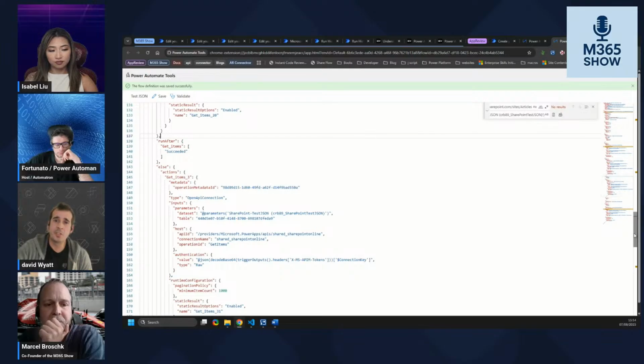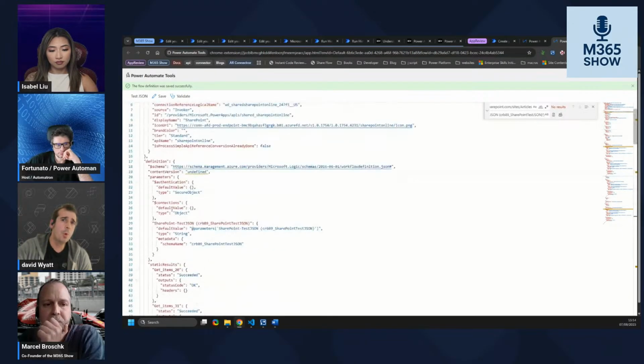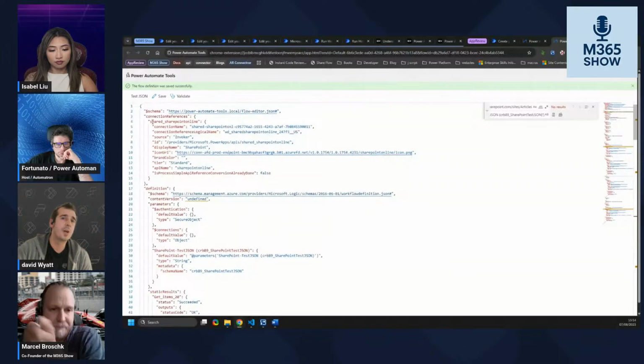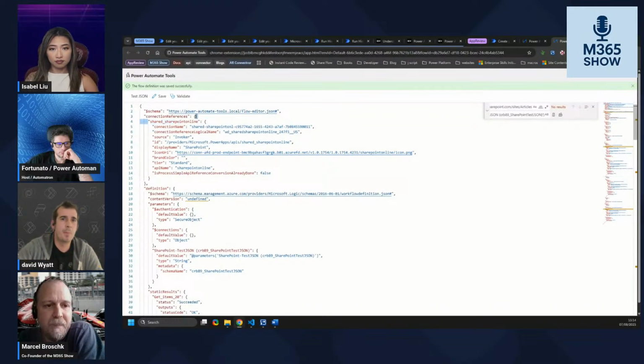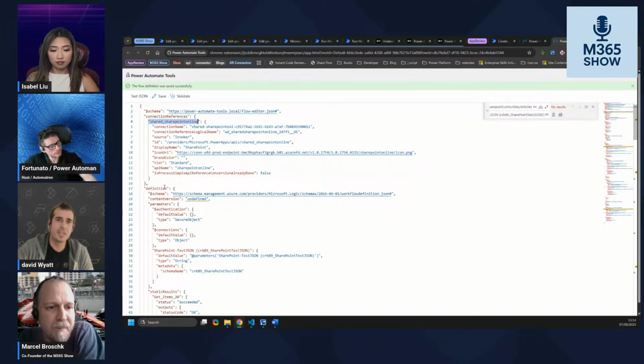But when you get into the code, you can start to see things like here at the top, all your connection references are allocated at the top. So I can start to see that. And what Power Automate does is it basically gives you a sequential SharePoint one. So if there's another SharePoint, it'll be _1, _2, _3. But that means I can straight away see what connection reference it is, and then I can search and find it. And again, do a find and replace. So having this kind of view from above in the code means that you can be really quick and easy to identify things, and that scales out to all the edits. If you want to edit a random file value in there and you don't know where it is in the process, you can look through here and do it a lot quicker and easier.